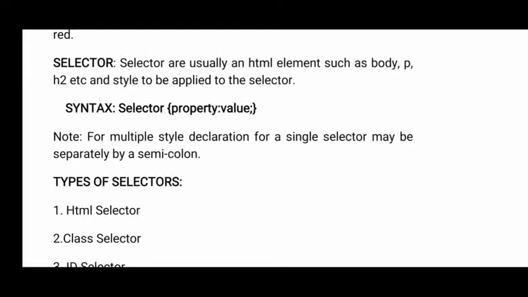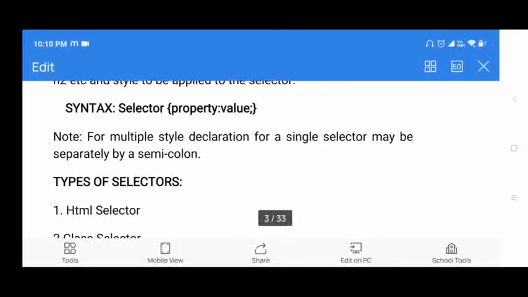So it is a condition that when you are giving any property to any selector, the property and value should be separated by a colon, and the value should end with a semicolon. It is very, very important, because even if you miss the colon and semicolon, you won't get those styles on your HTML elements. Okay, so this is the introduction part: how to write a style when you are giving any style to an HTML tag.